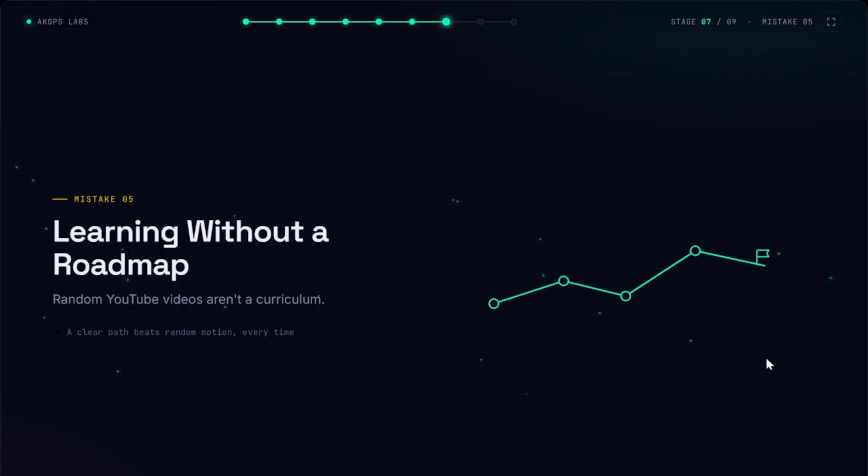A simple roadmap could be: Linux, Git, Docker, CI/CD, cloud, Kubernetes, monitoring, infrastructure as code, following a structured path. Complete one topic before moving to the next one. You don't need to learn everything at once. So stay focused, stay consistent, and trust the process. You will win one day.